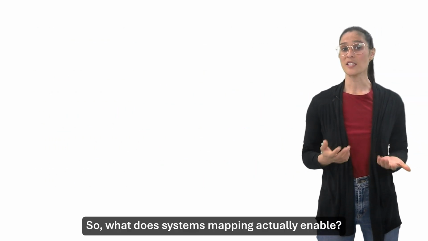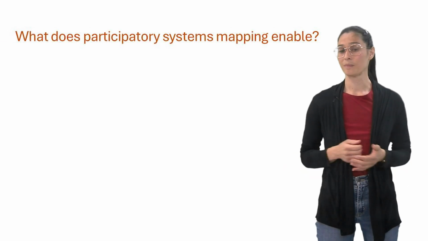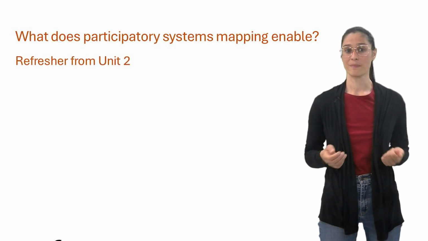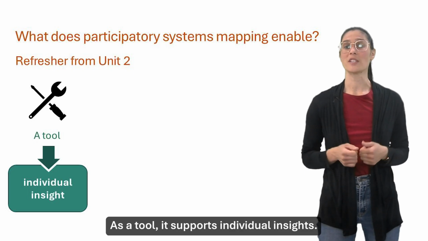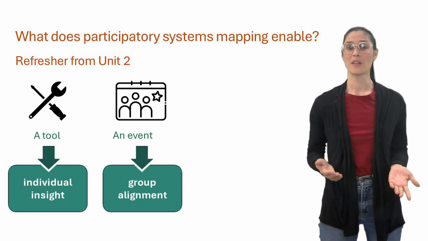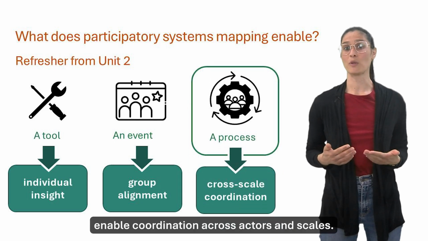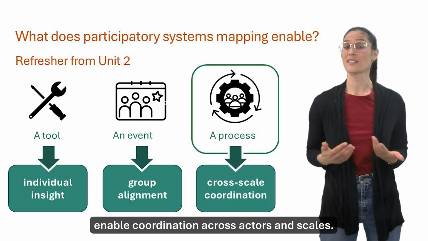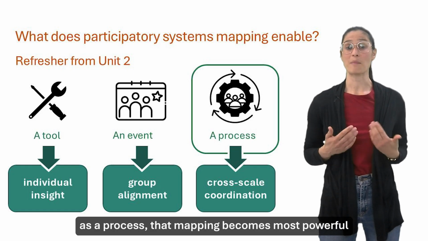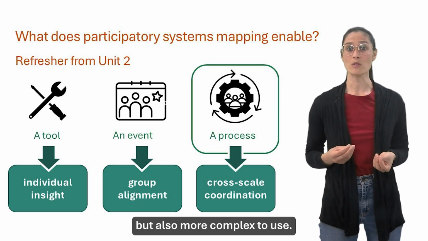So, what does systems mapping actually enable? As we saw in Unit 2, it can be used in 3 ways. As a tool, it supports individual insights. As an event, it creates group alignment. But as a process, it can enable coordination across actors and scales. And it is really in this third form, as a process, that mapping becomes most powerful, but also more complex